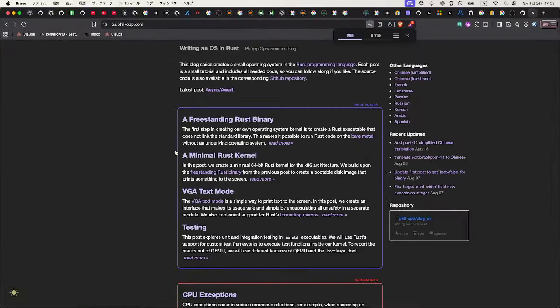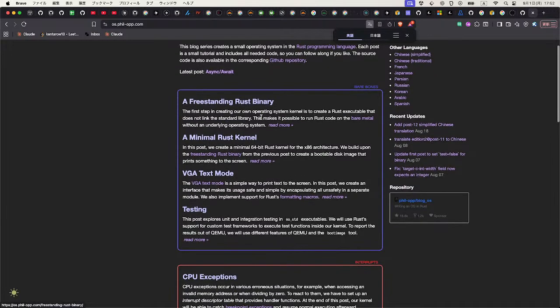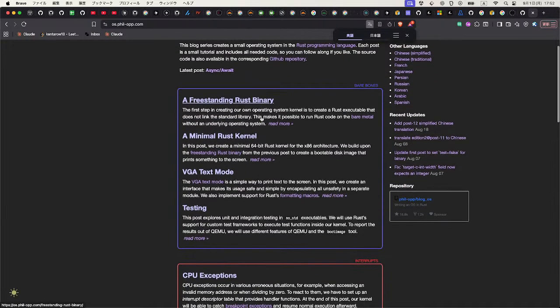Okay, so this blog series creates a small operating system in the Rust programming language. Each post is a small tutorial and includes all needed code so you can follow along if you like. The source code is also available in the corresponding GitHub repository, and